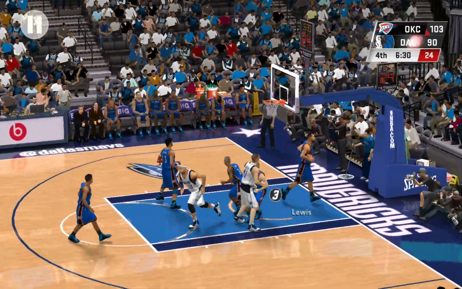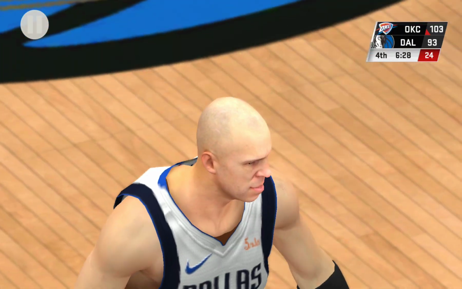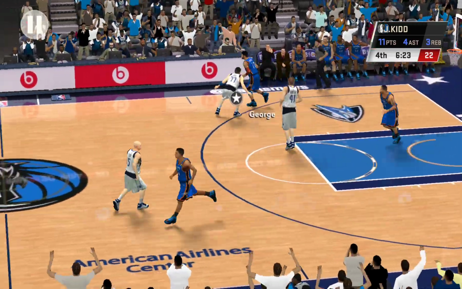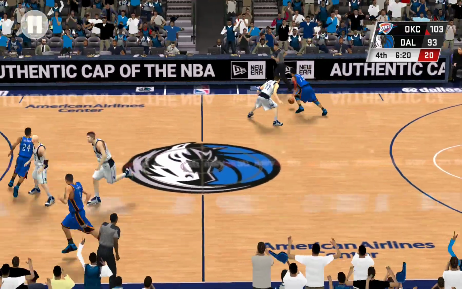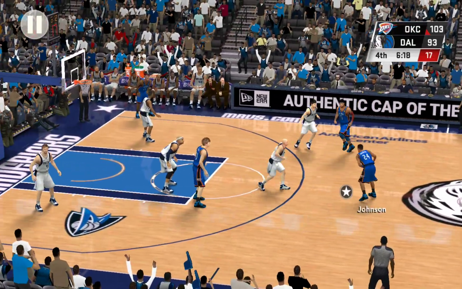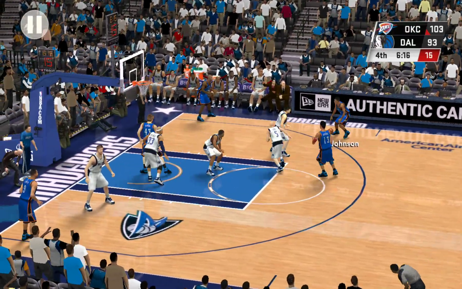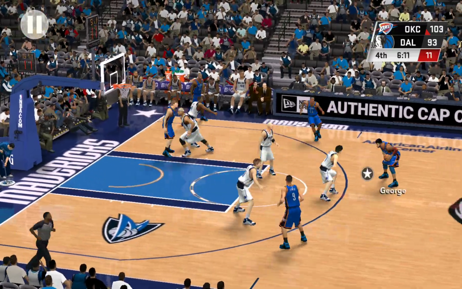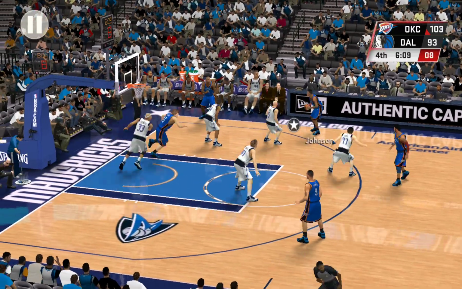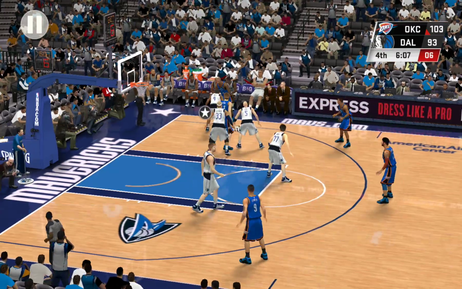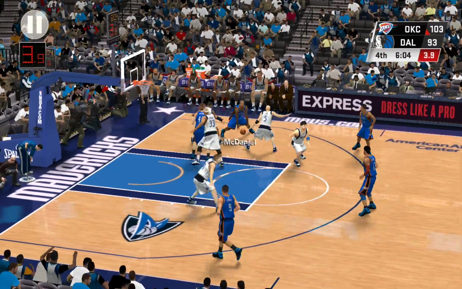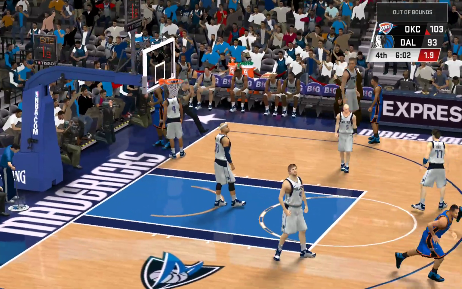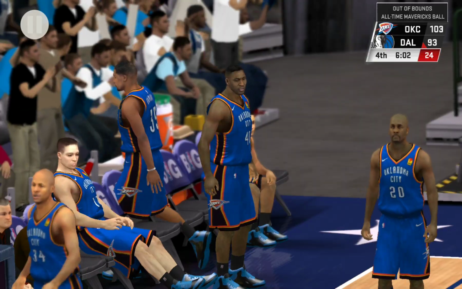Lets it go with the 3. Good on the shot. Now here's George. Pass to Johnson. Now George. Back to Johnson. Clock at 6. Out of bounds. Dallas will take possession.